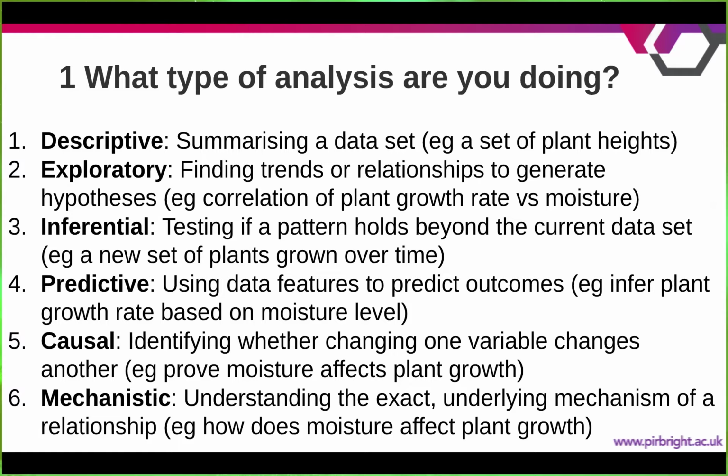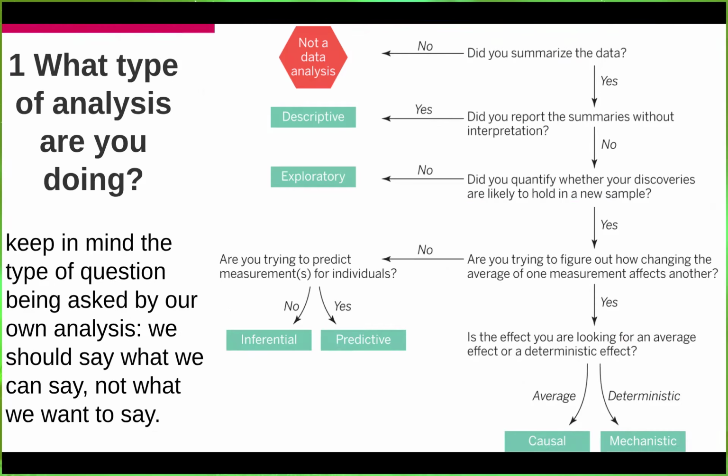And finally, there's mechanistic. So this is looking at the exact underlying mechanism of relationship. So how does a molecule of water affect plant growth rate, and at a molecular level, how does it get into the plant, get into cells, etc. All those steps are involved. So that's very, very detailed, and therefore it's useful for us all to think about what stage of analysis we're at. And this comes from work by Li and Peng,